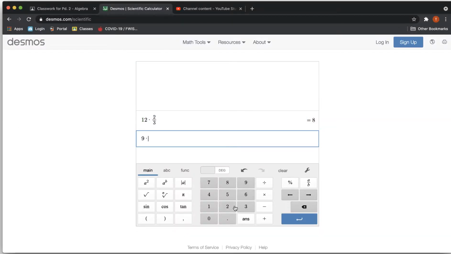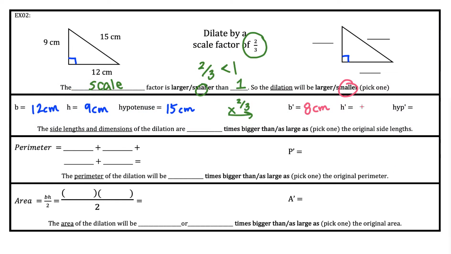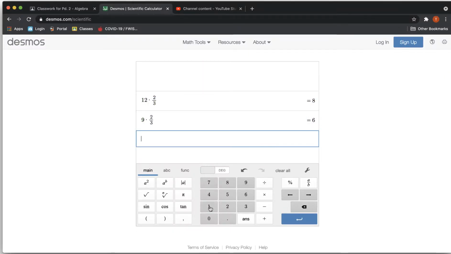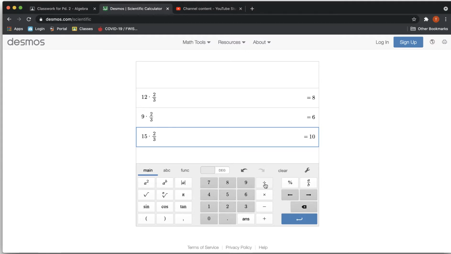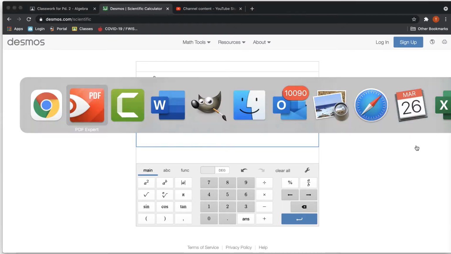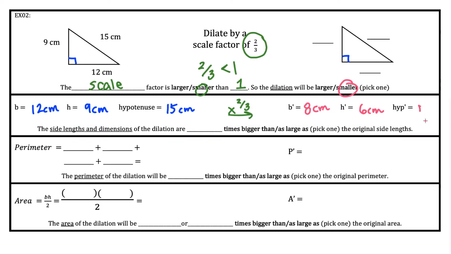So 9 times 2/3 equals 6. 6 centimeters, and our hypotenuse is 15 centimeters. So 15 times 2/3. Oh, yeah, that makes it easier. Just press divide. Is 10. 10 centimeters. So the side lengths and the dimensions are 2/3, but they're not 2/3 bigger because we're not getting